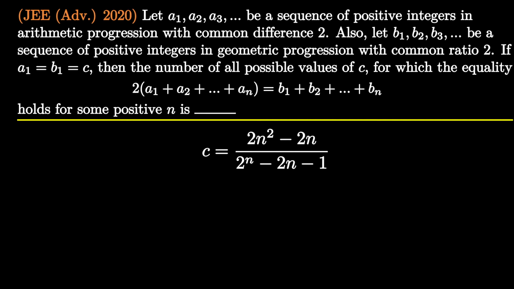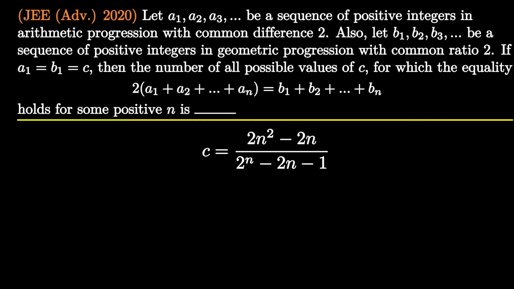c is a positive integer, and we have to find positive integers n in order to make sure that the ratio at the right side turns out to be a positive integer. How can we find such n? Should we simply plug in the values of n starting from 1 and see which one works? Of course, this is not a feasible approach because we cannot try all positive integers n.